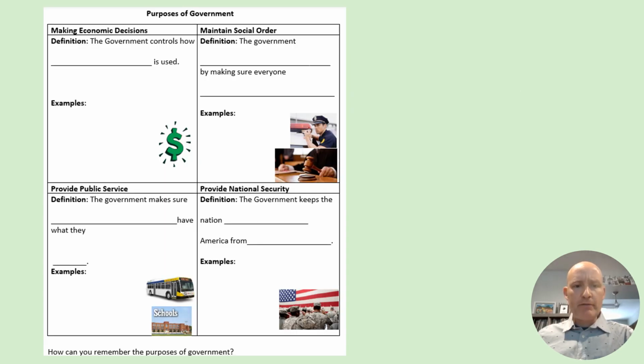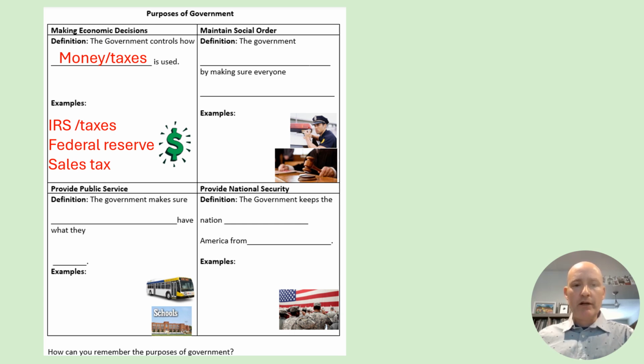First off, we talk about the different purposes of government, and one of them is economic decisions. The government controls how money or taxes are used. For example, the IRS and how they use taxes is an example of how they make economic decisions. And then the Federal Reserve, like controlling the money supply, that's an economic decision. Things like sales taxes, and then how to use that money to fund the government,